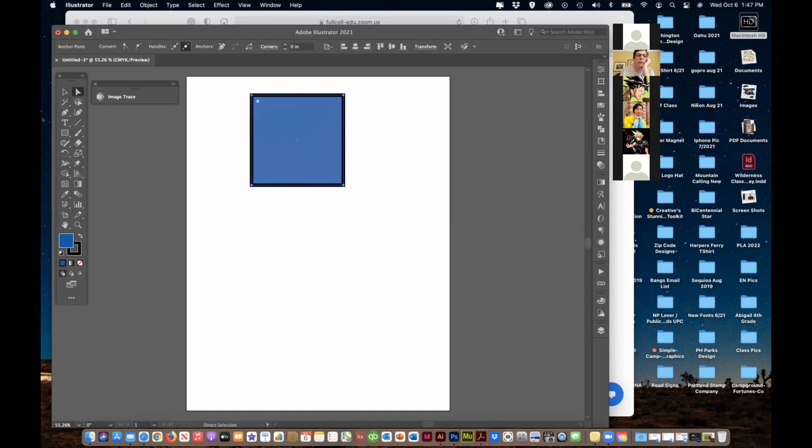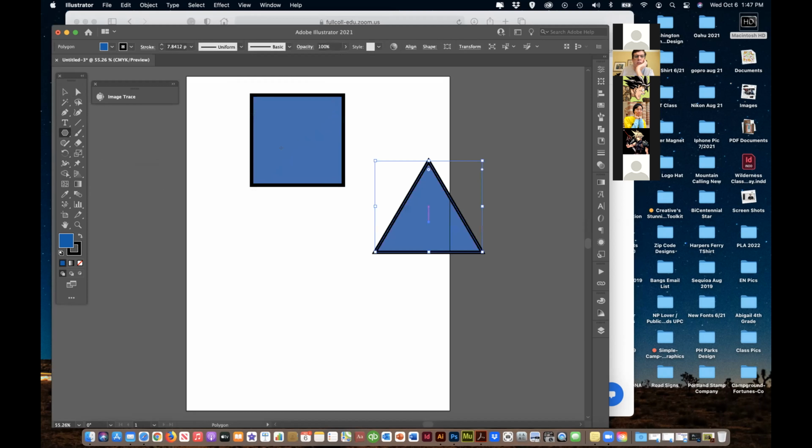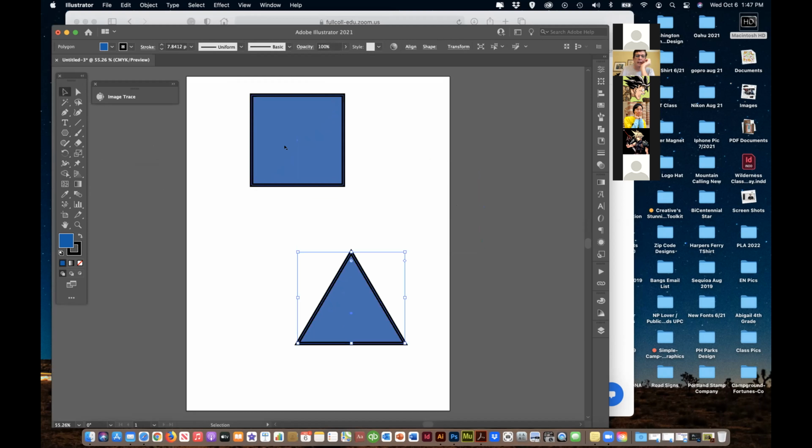Even another way of doing it is obviously we could go here to polygon, right? And click it. And I'm going to say it's going to be 3. And it made a triangle that way. Now, if I wanted a triangle out of this, meaning I wanted this kind of right triangle, I can come